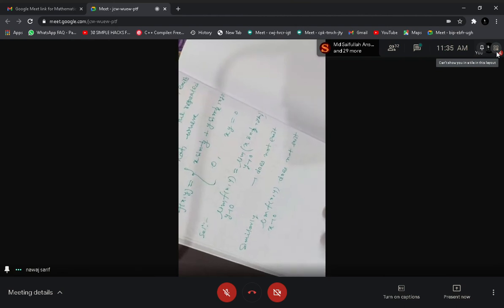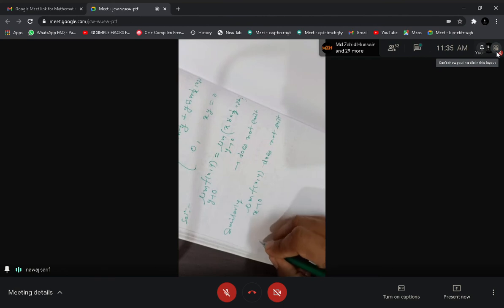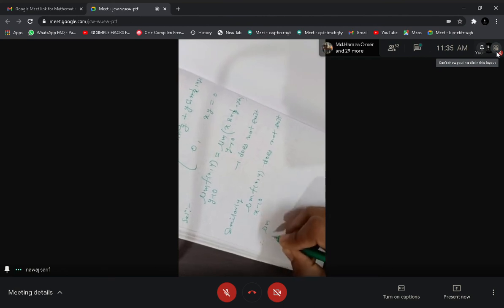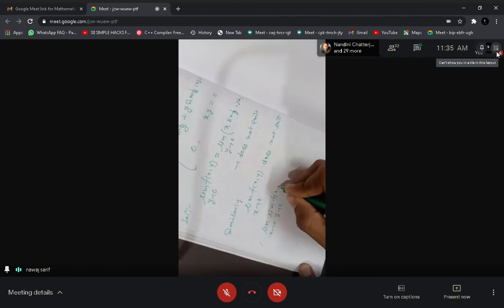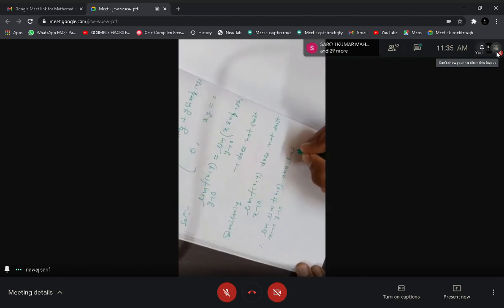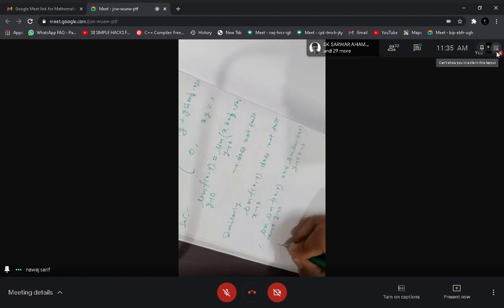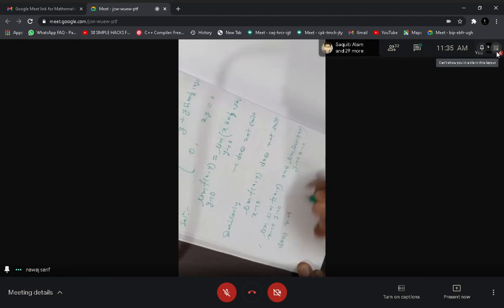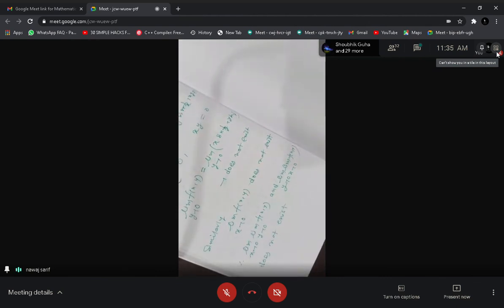Okay, that means therefore the repeated limits, limit x tending to 0 of limit y tends to 0 of f xy, and limit y tends to 0 of limit x tends to 0 of f xy, do not exist. Okay, that means your repeated limit does not exist.